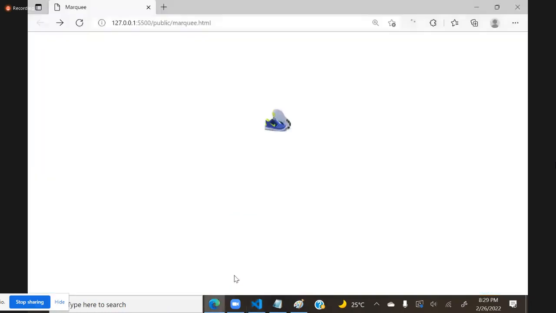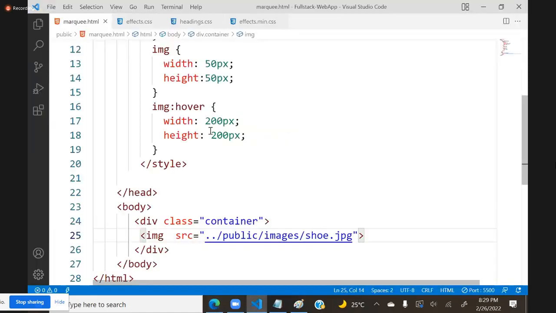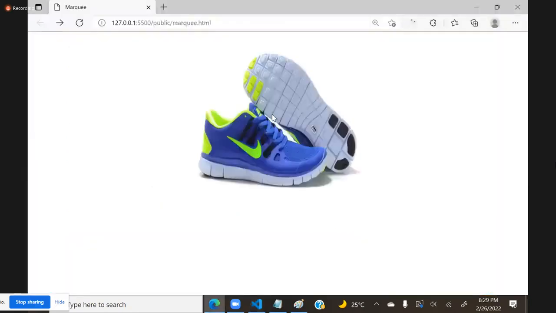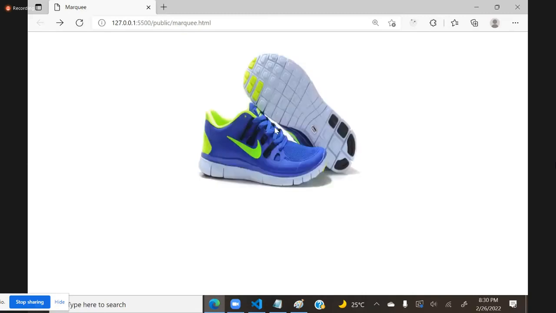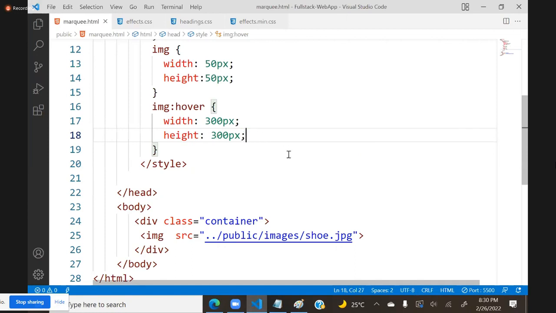Okay, now you see when I move the mouse onto it, then it will display like this. It is displayed at some 300 by 300. More size will come. But how much time is it taking to transform on hover? Within a fraction of a second it is working. We can control the timing. We can write like this: